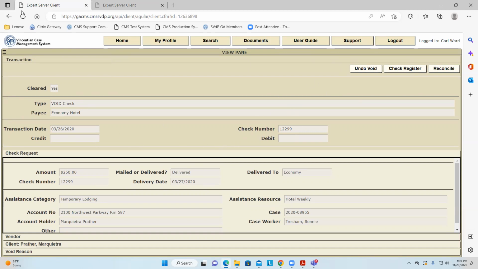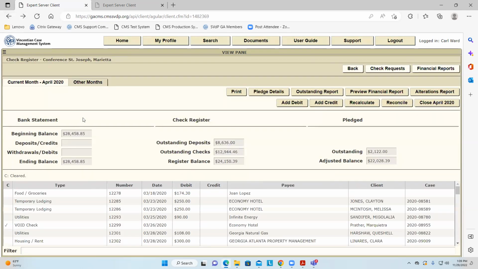Oh, by the way, let me go back here, because this is a good time to talk about this recalculate button. I can't tell you when or how, but there are times you might do some things operationally and it doesn't really update this balance. What you always want to do is press the recalculate button just to make sure.